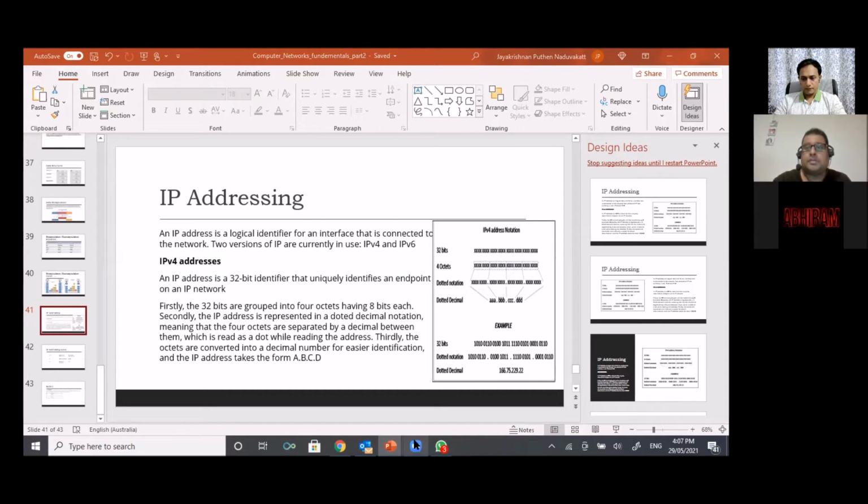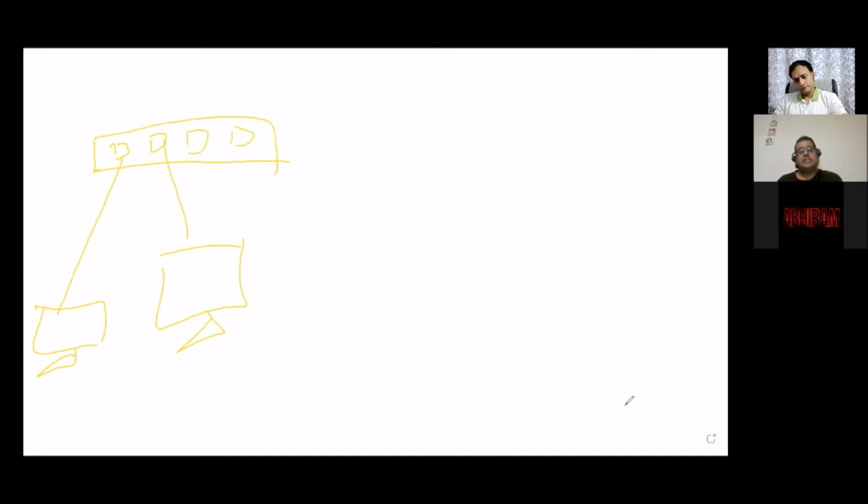What I'm going to do is stop the share on this and then share a whiteboard. So we spoke about a hub. A hub has got multiple ports. A hub is a device which is used to connect multiple computers, multiple devices. As I explained in the last session, if you want to send data from a server or machine A to machine B,